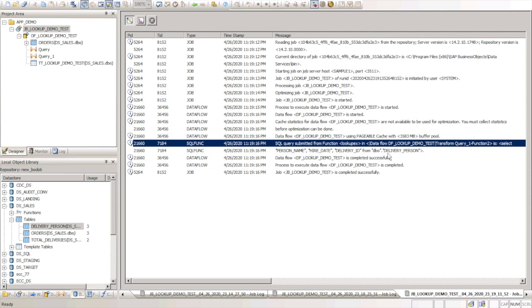It's not pushed down, so the bot's engine has to fire a query to the database, read all the data into its engine, and then it needs to perform the lookup. This will become very critical in optimizing lookups.